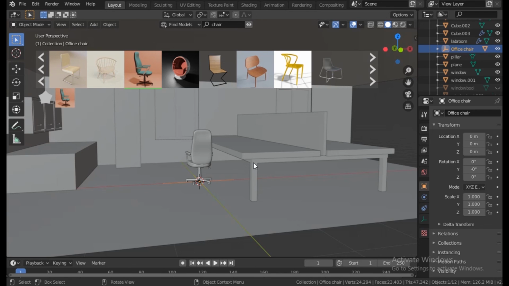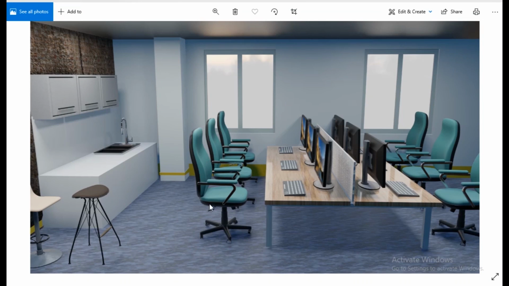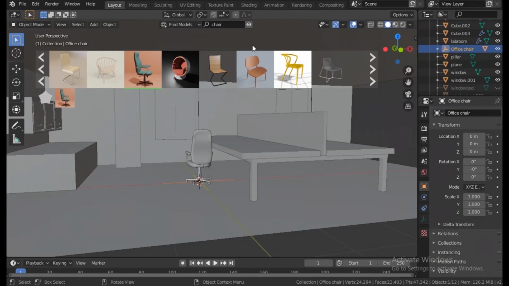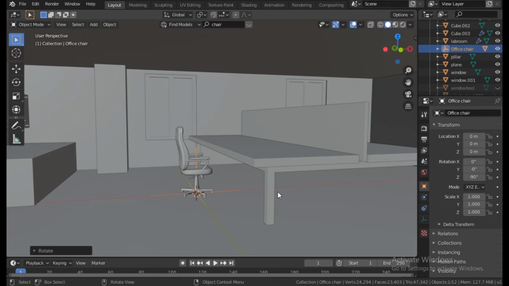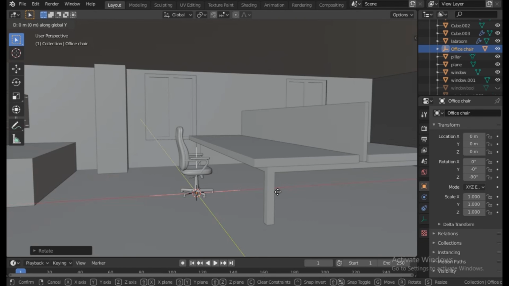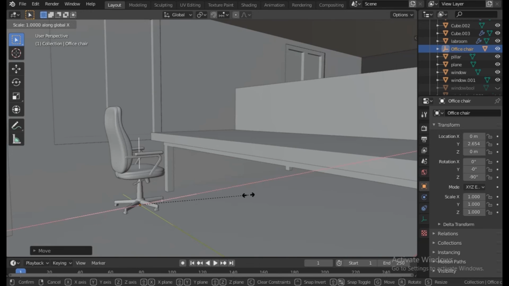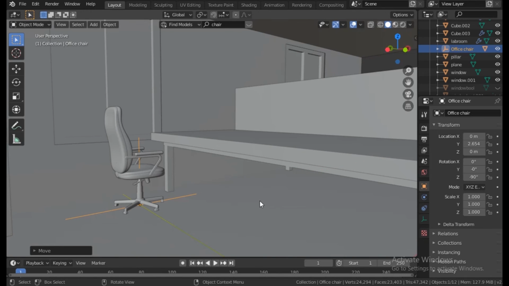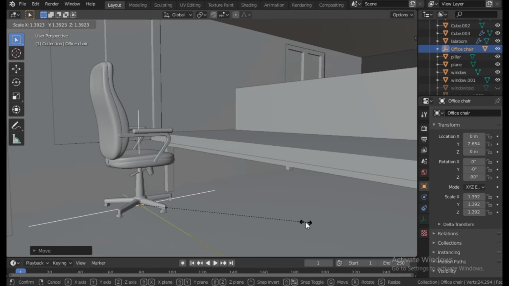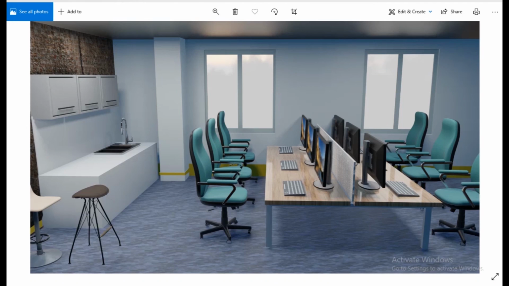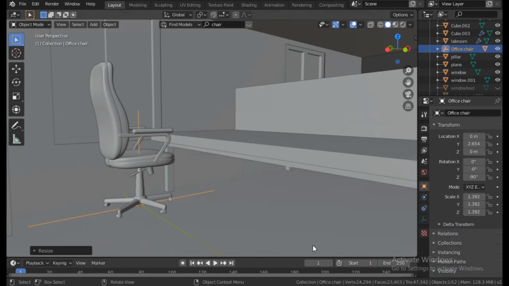The next thing is to arrange this chair and duplicate it to form up something like this. We have 3 here, we have 3 here. Hide this, press R, Z, -90, then G, Y to move this chair on Y axis to the other edge. Scale the chair, make it more bigger this way, so we should have something similar to our reference image, something like this. So we can scale it,